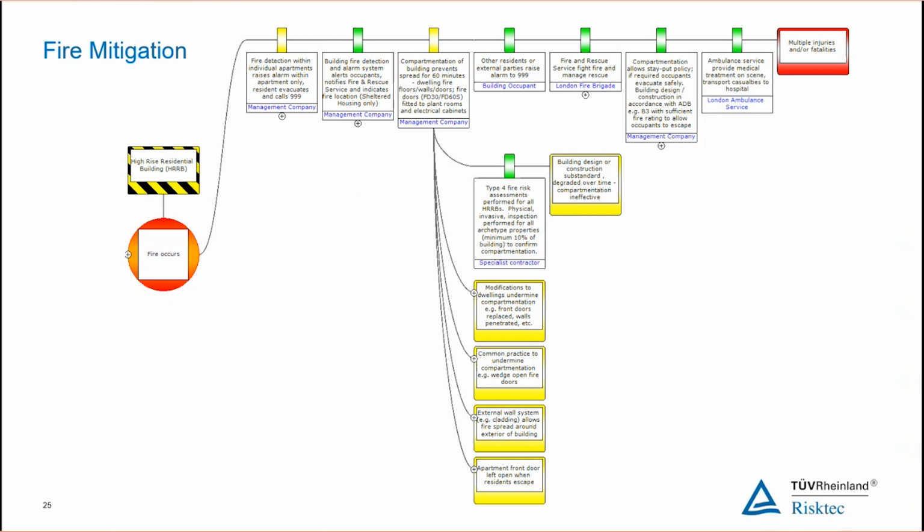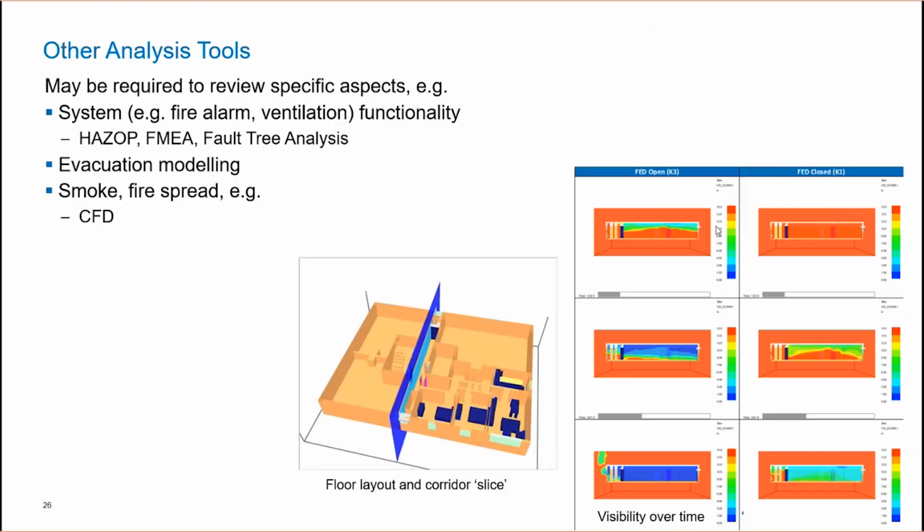The better we understand, and this sort of pictorial representation is a very good representation of how we manage these things, the better we can challenge it. The better we challenge it, the more we understand. So hazard, what if, and bow ties both allow us to identify the scenarios and challenge the controls. It may be occasionally that there are other questions that neither of these tools can answer. We want to better understand how a particular system might fail, so we want to ask very detailed questions. We want to better understand what the physical effects of the fire might be in a lot more detail.